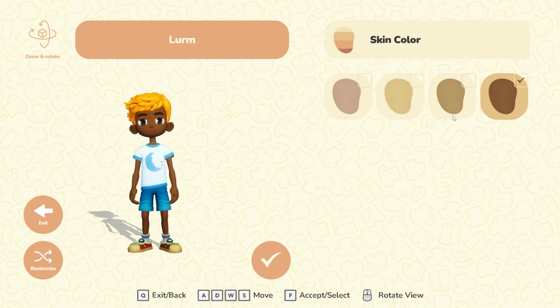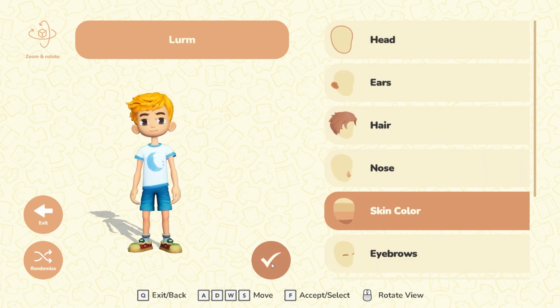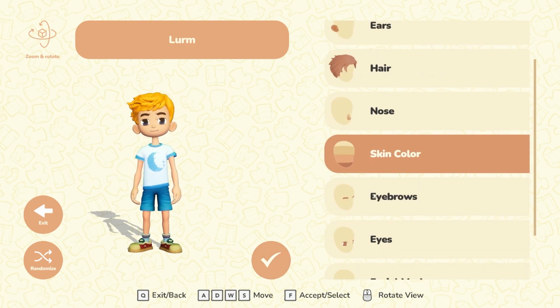They could have gone a little darker, and they could have made the darker options... I'm not going to say more realistic. That's the wrong word to use here. But they could have made them a little bit more...